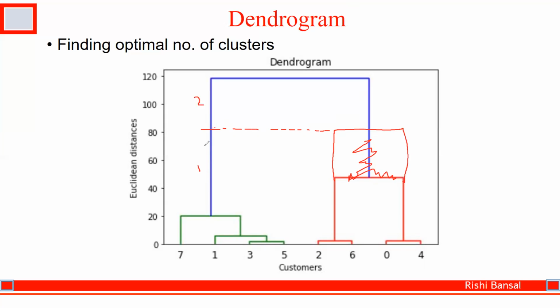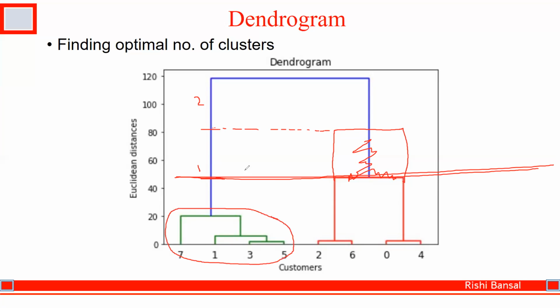Now here you see the first part is longer than the second where it is not crossing any horizontal line. Okay, so this time you cut the cluster from here like this. You cut this line and go like this. So this will be your first cluster because you have cut the cluster from here. Okay, so this is your first cluster, this is second, and this is third.